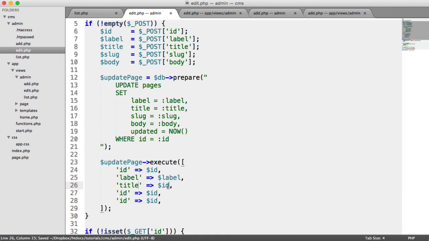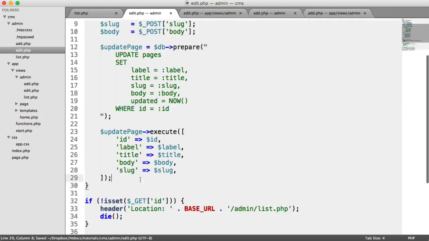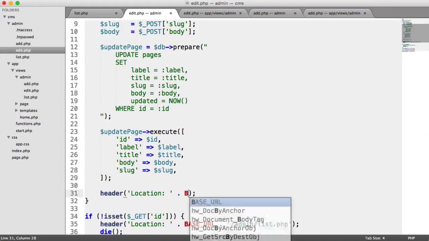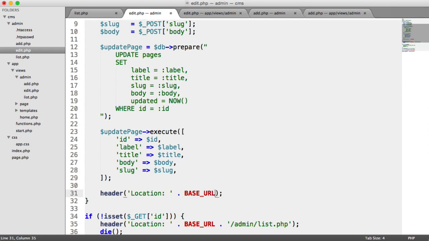We've got our title, body, and also the slug as well. Doesn't matter which order you specify this in. So once that has been updated, we're going to redirect the user again back to list.php under our admin section. So we're going to use our base URL,